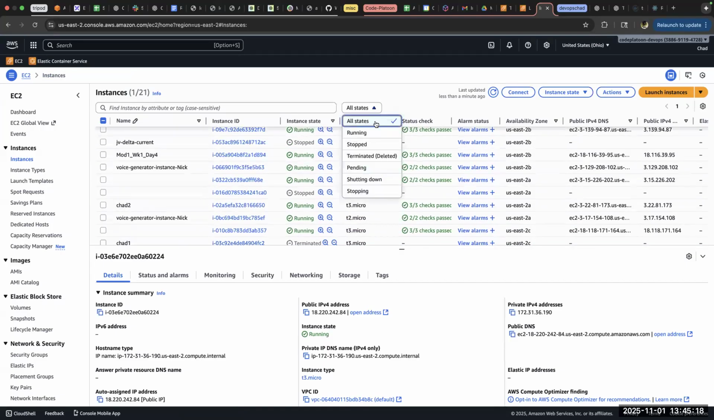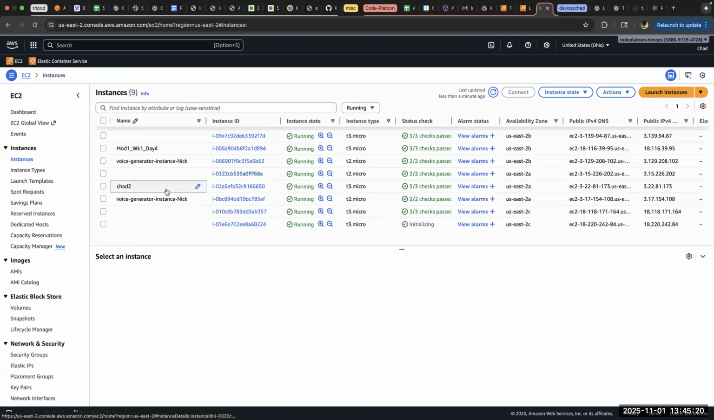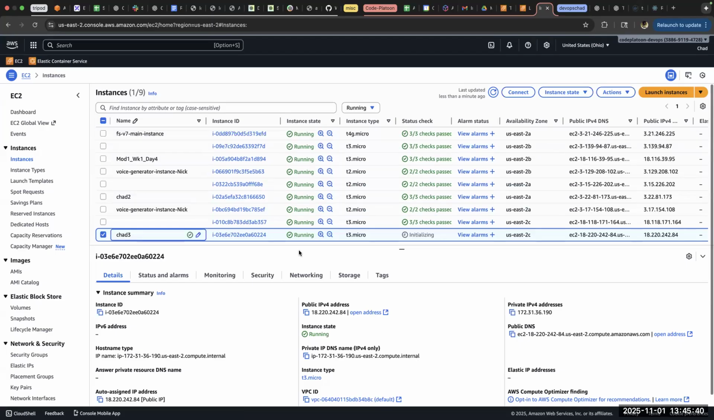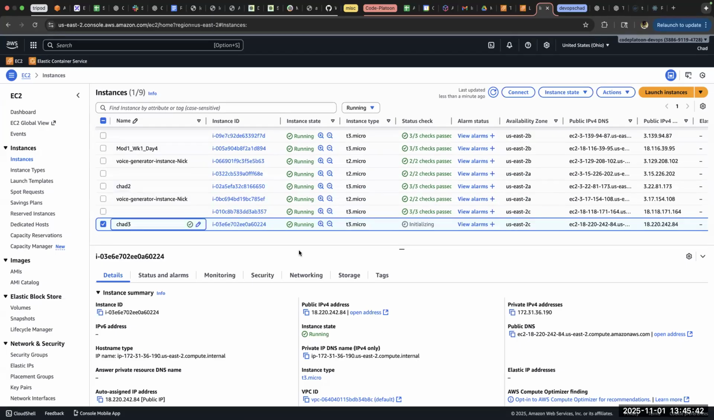And this would be the new Chad 3. So this is the new guy coming up. And if I go ahead and kill this one, it'll spin up another one. If I kill them both, it should spin up 2. It's just always trying to get that desired minimum amount of servers. So yeah, this is because